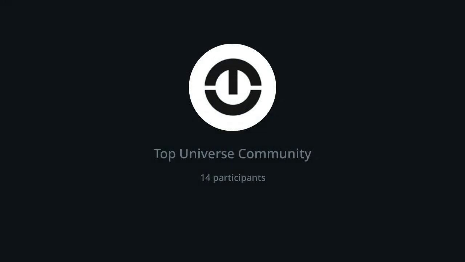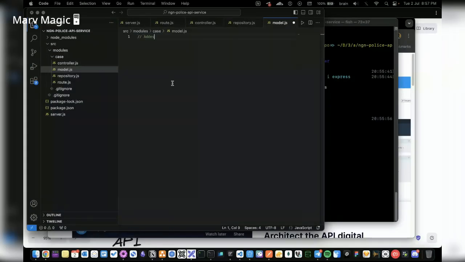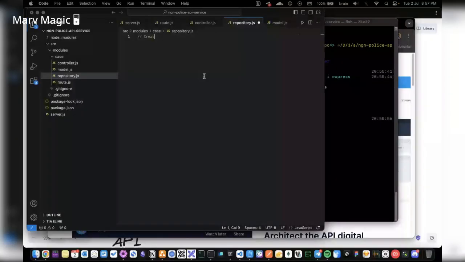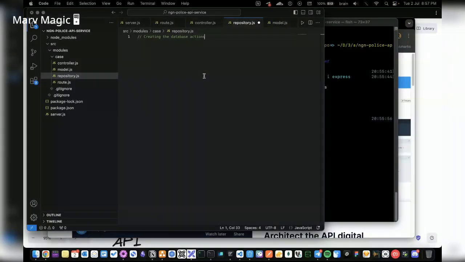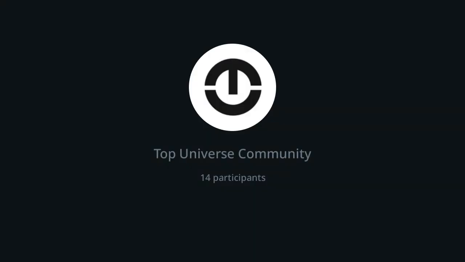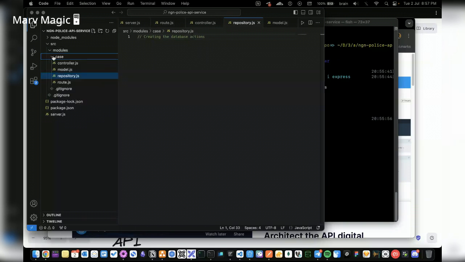I like having my model separately because I use the model to address MongoDB schemas, all right? And then I have the repository for creating the database actions. Although you probably don't want to do this in a very simple example, it's a good way to structure your code. And if you're working on different code bases or modules, it makes sense to structure it in such a way that you can easily detach an entire module and it won't affect any other file. This is how I love to code, especially when I'm building APIs.